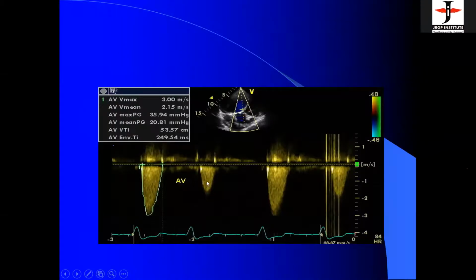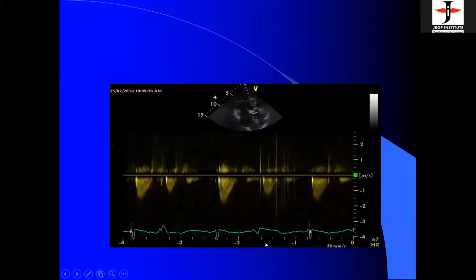One strong beat, one weak, but there should be no ectopic beat here. One strong beat, one weak beat, one strong beat. You don't see it so commonly, hence I brought it, not to confuse you, but to show you how it looks, which is an indication of very poor myocardial function, and there are no ectopic beats. But here you see there are ectopic beats. So a post-ectopic beat may be strong, and this will be strong like this.